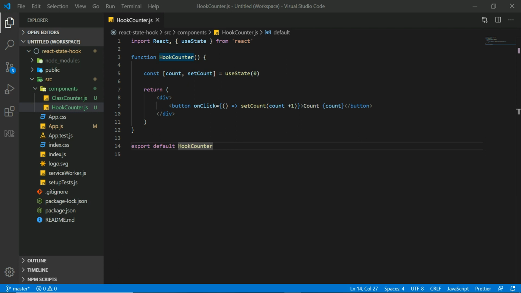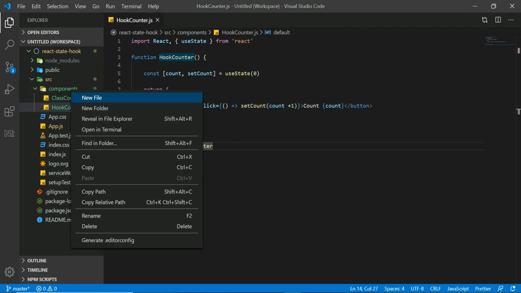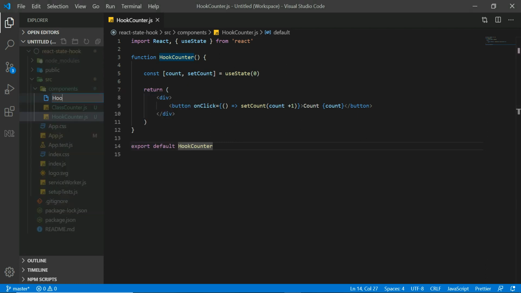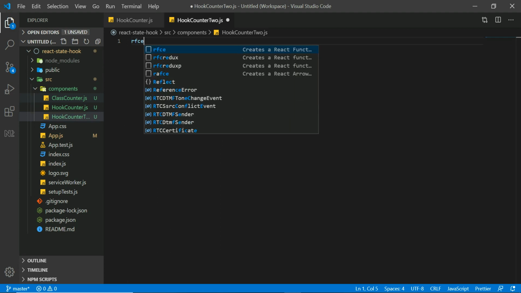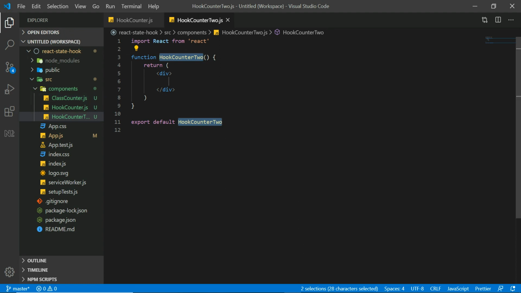So now I'm going to create a file in the components folder, that is HookCounter2.js. Within this file, I am going to use a React snippet to create a functional component. So now we will create a state variable and corresponding setter function by using the useState hook.